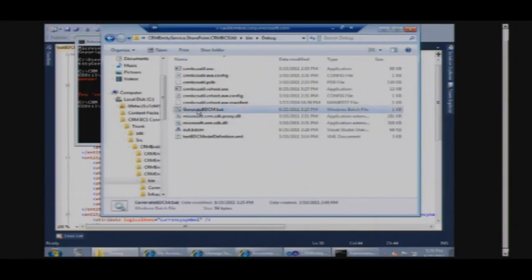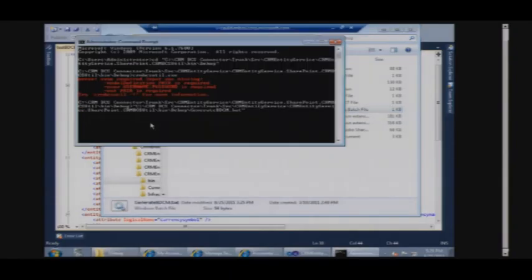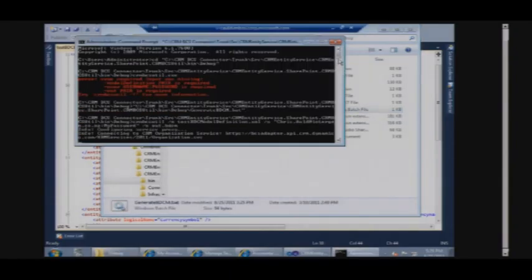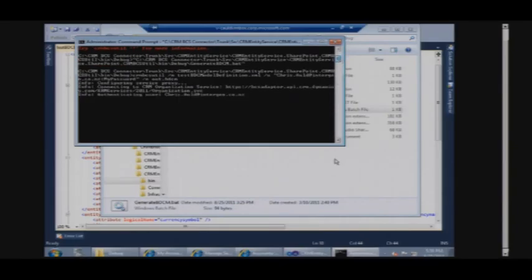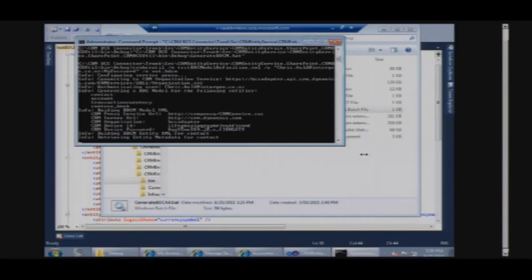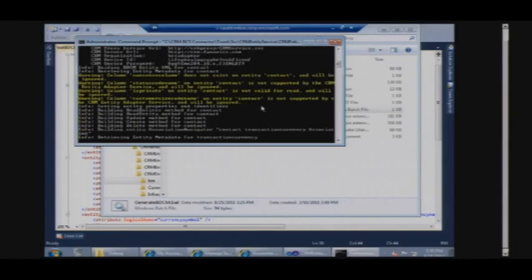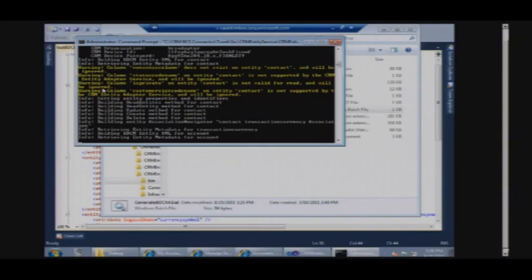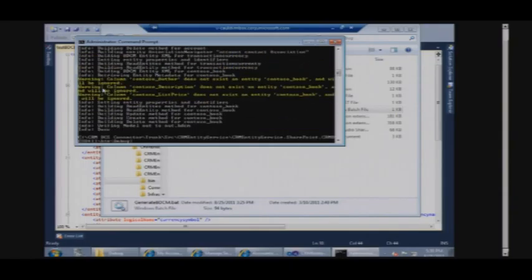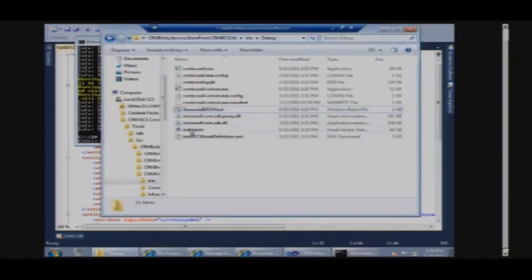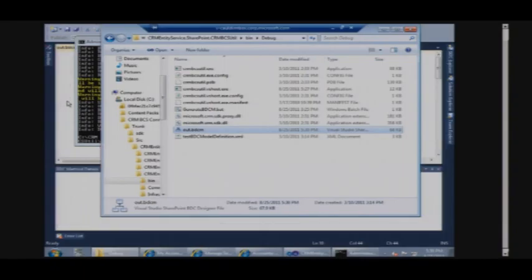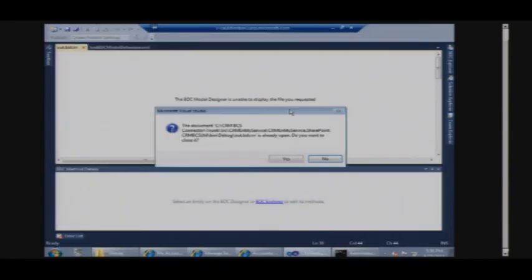I've actually built a batch file that does it. So if I pick up that batch file and run it, and I've got it turned on in info mode, it's going to spit out a whole bunch of info as it goes through and generates all of that content. So you'll see there are those warnings for the attributes that didn't actually exist. So it's going through, calling the metadata service, pulling back all that information, and it's now generated out.bdcm, which is my BDC model. If I drop that into there and just show the XML editor,